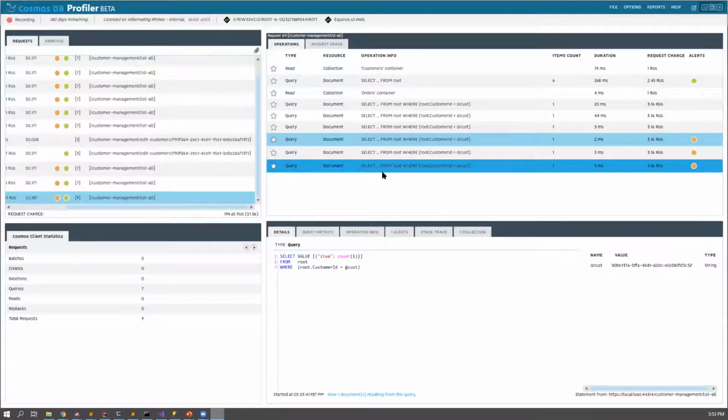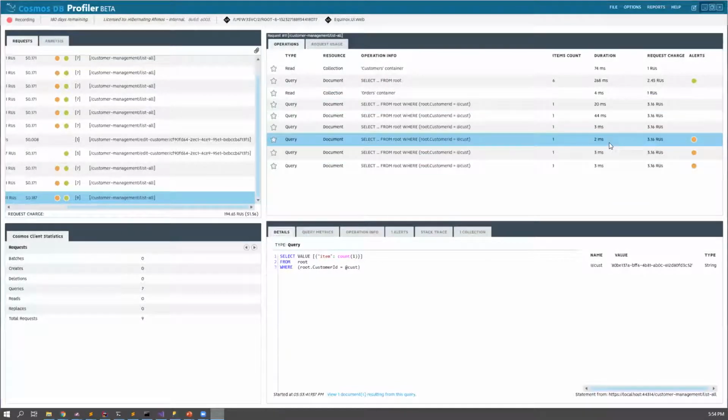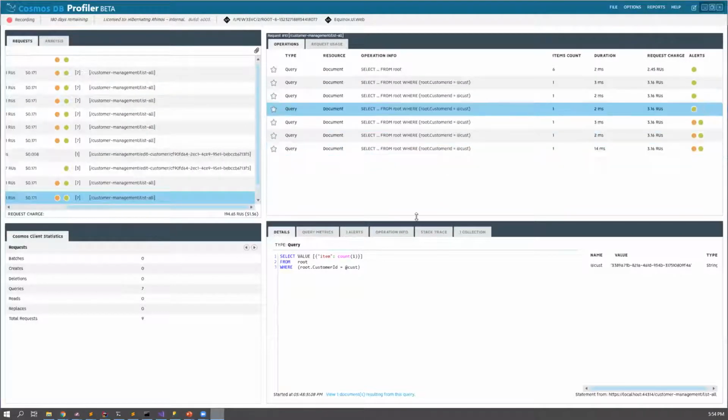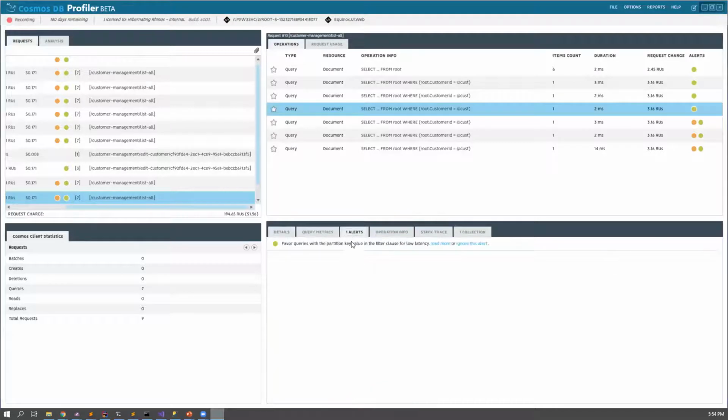So what's the difference? Why is it important? You can see that the request units that I consume are the same for both cases, but it's actually very different. If I'm looking here, when I'm saying, oh, you have a problem,